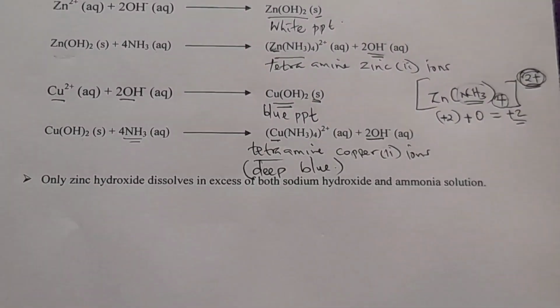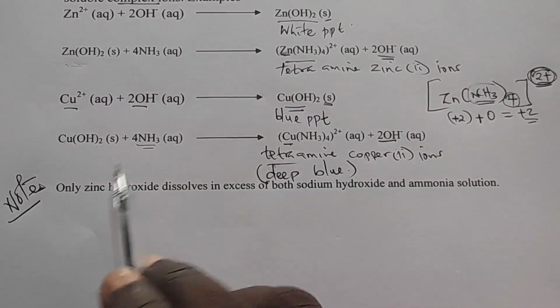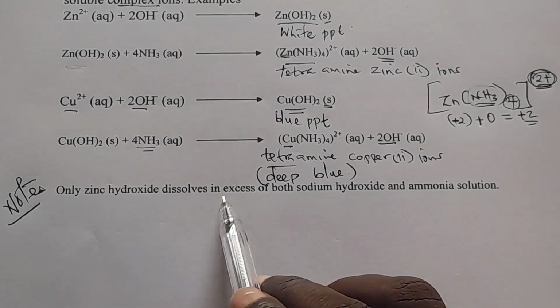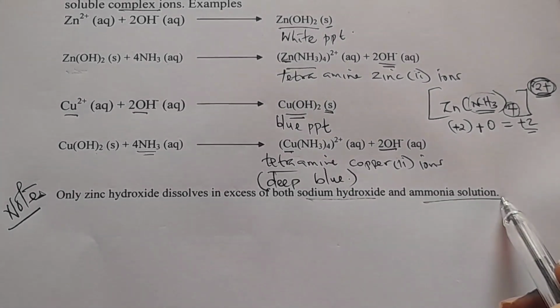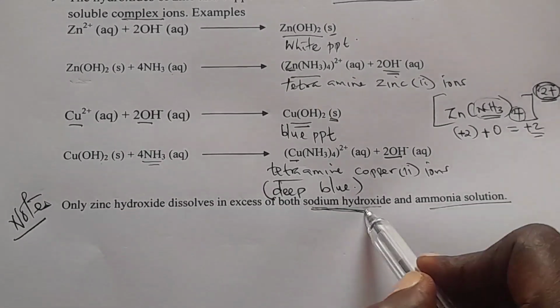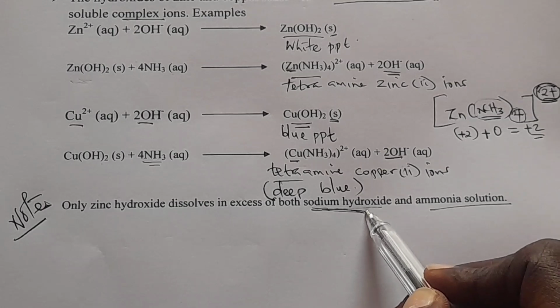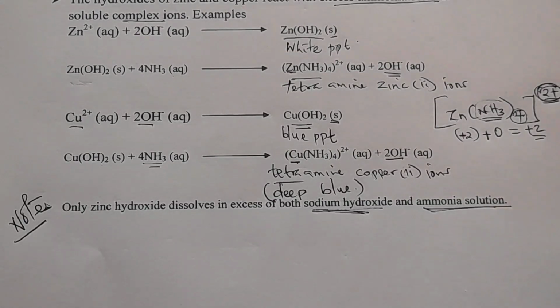Okay, lastly, in B, note this: only zinc hydroxide dissolves in excess of both sodium hydroxide and ammonia solution. When that zinc hydroxide dissolves in sodium hydroxide, we get tetrahydroxo zinc 2 ions. When it dissolves in ammonia solution, we say again tetraamine zinc 2+ ions. So after that,